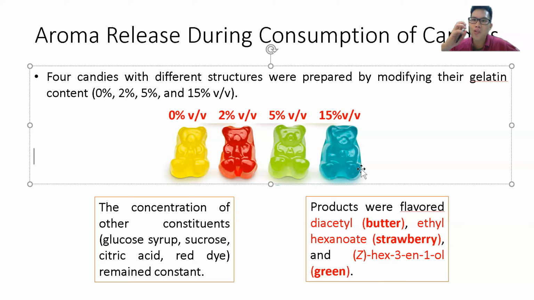Okay, when you chew a bit longer, what happens before you swallow? You can see from here that 0 to 15% gelatin will have different residence times in your mouth, which means the total chewing time will be different, from a shorter time in your mouth to a longer time. So with this one, you swallow very fast, and sometimes the flavor doesn't even have enough time to be perceived before you swallow.